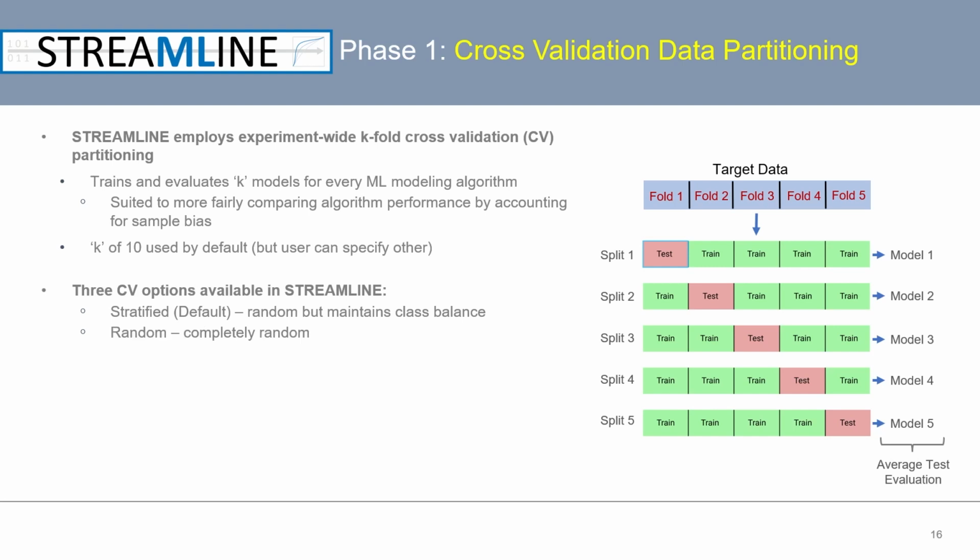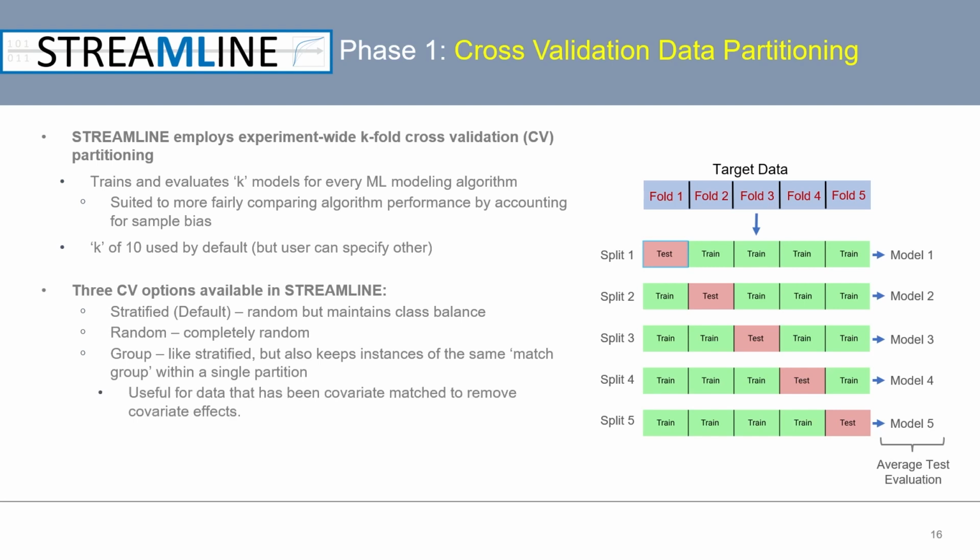Streamline also includes random partitioning as an option, as well as group partitioning, which is similar to stratified partitioning, but also keeps instances that have the same designated match group together within a single fold. This is useful for analyzing data that has been covariate matched to remove covariate effects. Also of note, Streamline saves all cross-validation datasets as CSV files to help ensure reproducibility and for users to apply